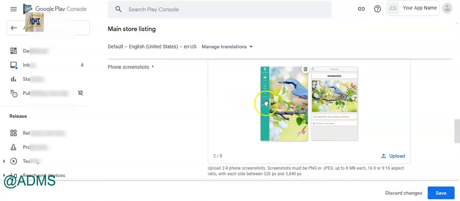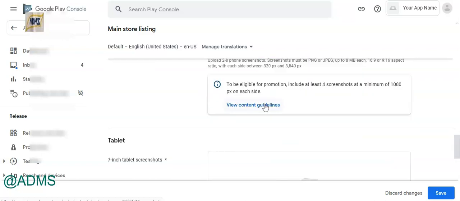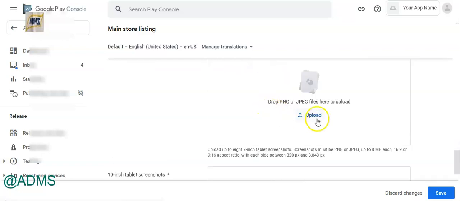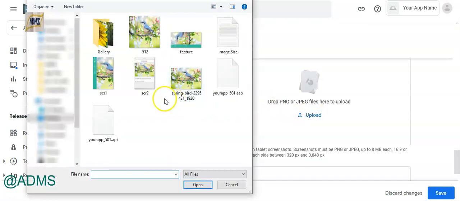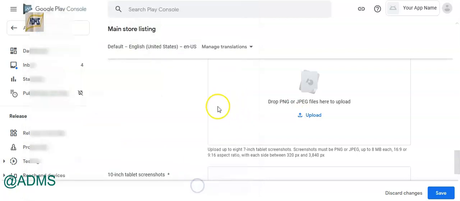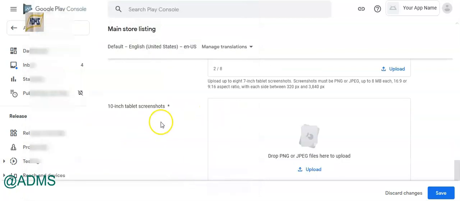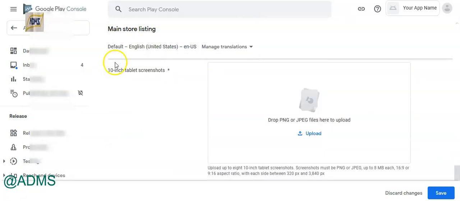For the training purpose, we are showing you 2, but you can upload up to 8 screenshots here. The more screenshots you upload, the better, as users can get complete information about the type of app. The same screenshots you can upload in the 7-inch and 10-inch tablet sections.